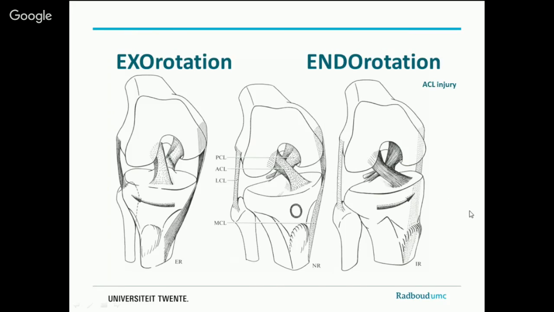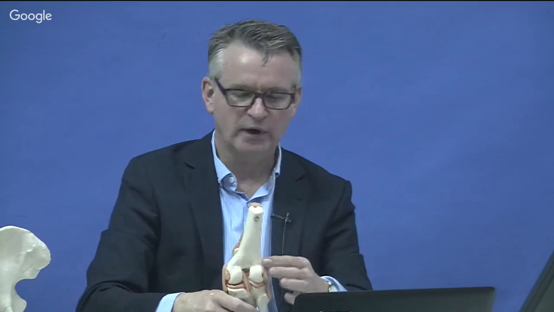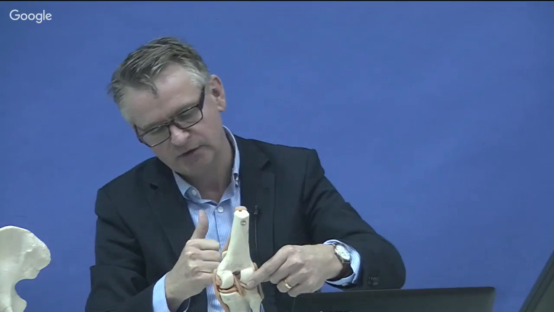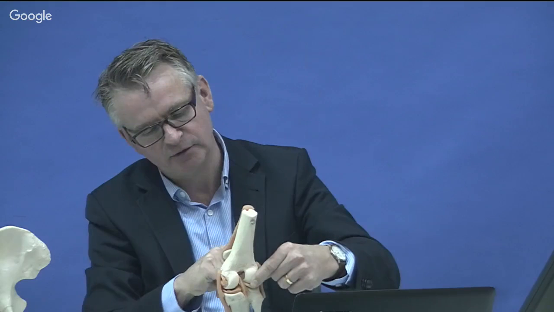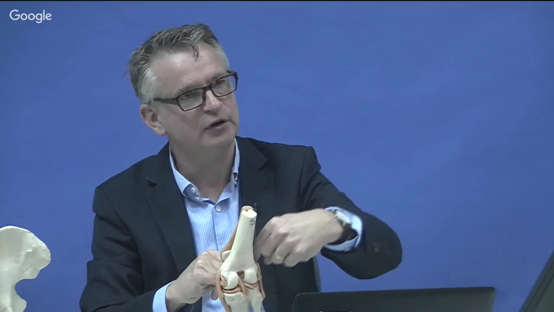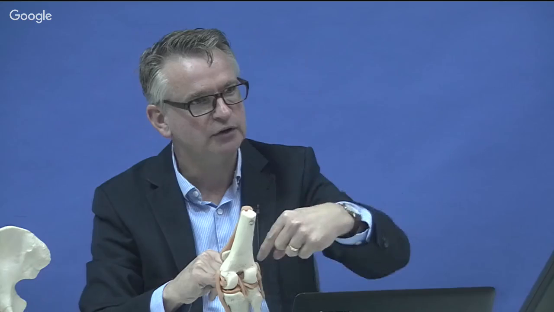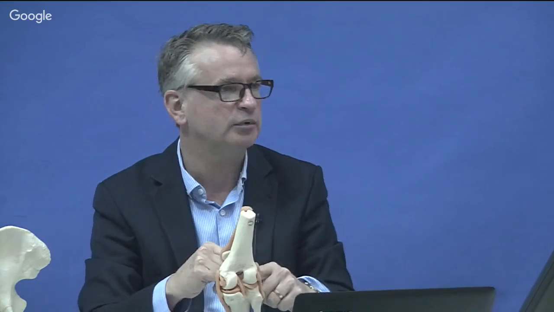Okay, so you saw that they used an aiming device, and that's because they know where in the knee they want to attach the ACL, the anterior cruciate ligament. So they know where the insertion is, but then they need to know how to drill it. So they have this circular aiming device, which makes sure that, from inside, they focus on that point, and they can then drill from outside with that aiming device, and they know exactly where they will end up